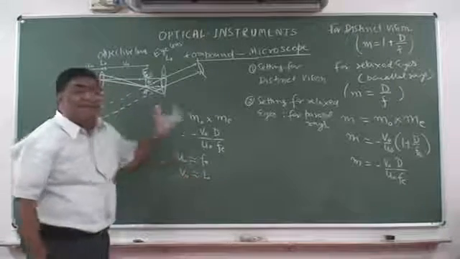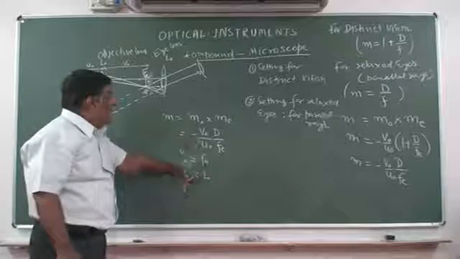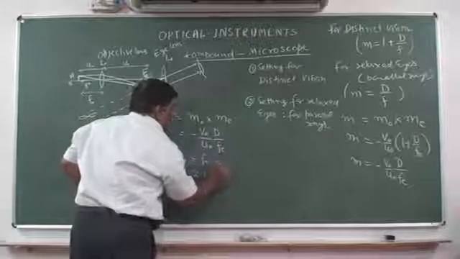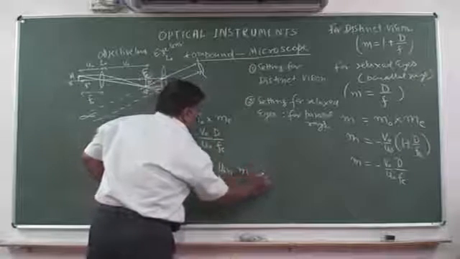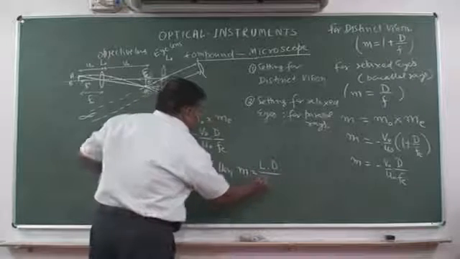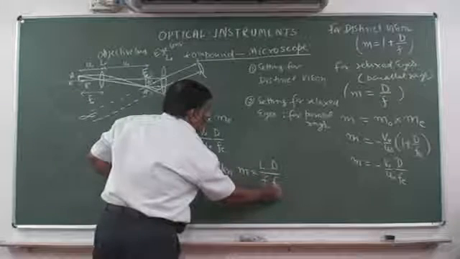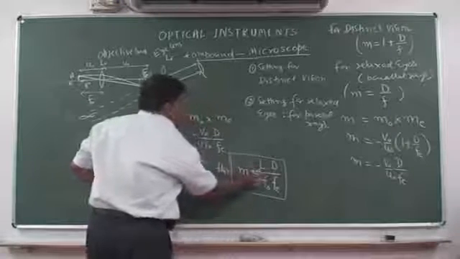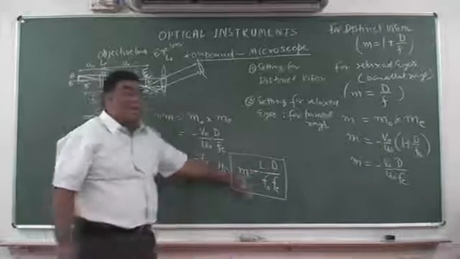Okay? Because we have to reach a decision. What decision? If this is FO and this is L and we place this value here, then what is magnification equal to? Then magnification is equal to, this is L, this is D, this is FO and this is FE, with a minus. Minus shows that the image will be inverted.